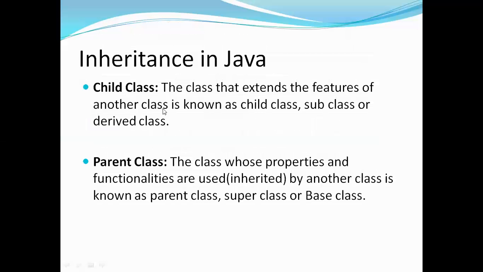In this process of inheritance, we'll see two classes: the one which is trying to acquire the properties and the one which is giving the properties. The class which is trying to acquire the properties is called a child class. It is also known as subclass or derived class. Similarly, the class which is giving the properties to another class is called a parent class. It is also known as superclass or base class. So we'll be using these names. Any name we can use, like child class, subclass or derived class, and parent class, superclass or base class.